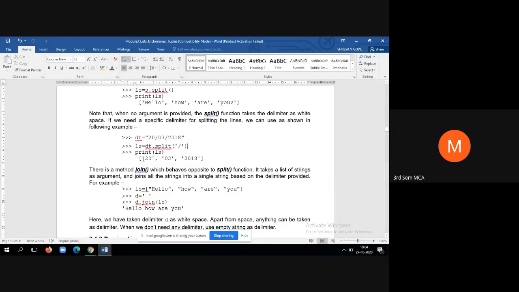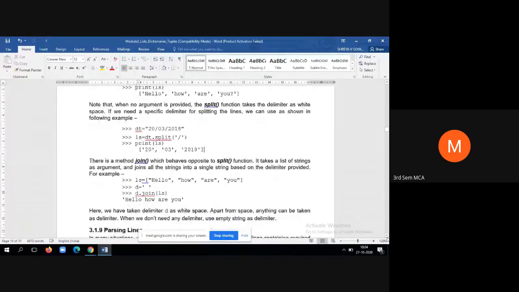Now look at here, ls is equal to dt dot split, where dt represents date. So date dot split based upon the separator forward slash. Now you can see 20 is a separate element, 3 is separate, and 2018 is separate. Like this, you can create a list.